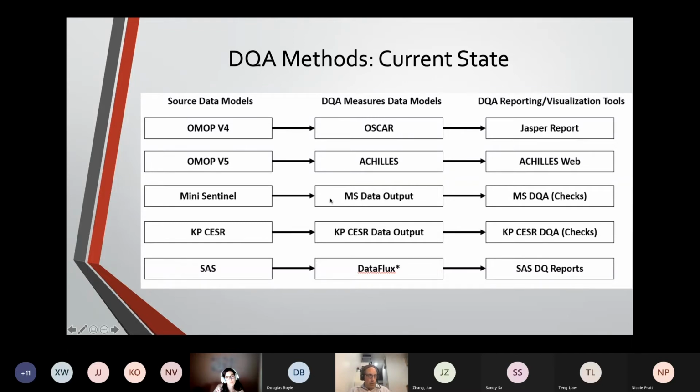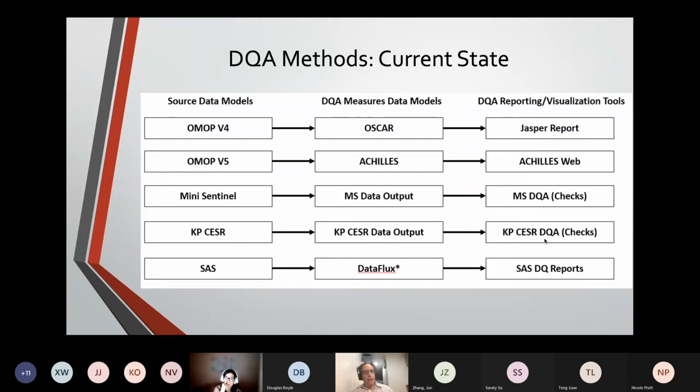So this is an old slide. It doesn't include Claire's tool. It doesn't include Dougie's tool. That's going to come on next. But you can't take an Oscar computation and apply it to the Mini Sentinel data model and display it with a Caesar